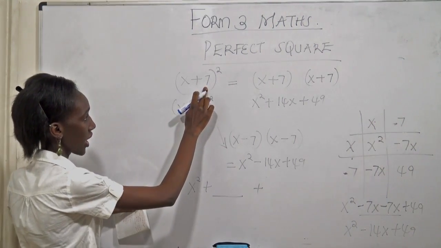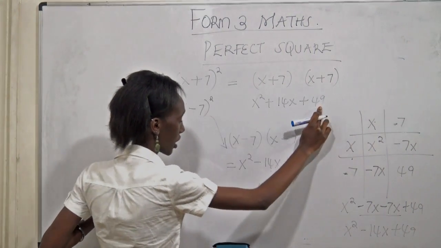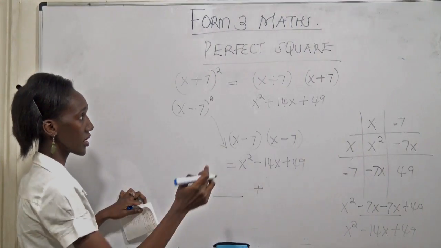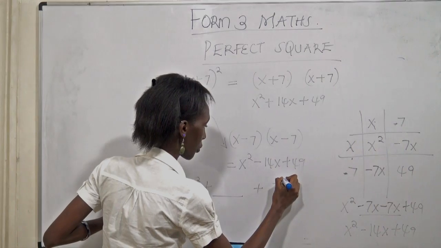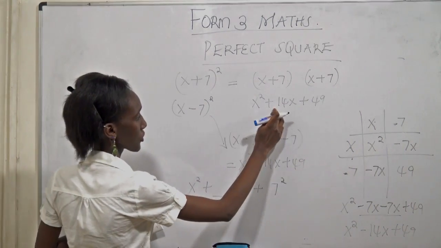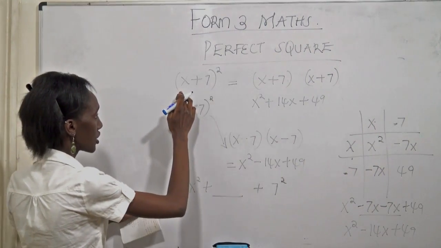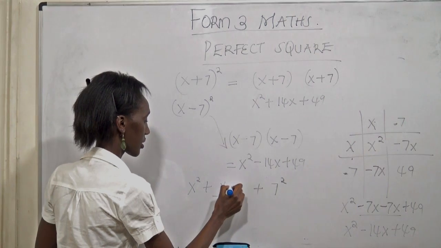This last number here is 7, and the final answer I got here is 49. It means I squared the last term, so 7 squared. Then the middle term is 14x. It means I multiply x and 7, so x times 7,